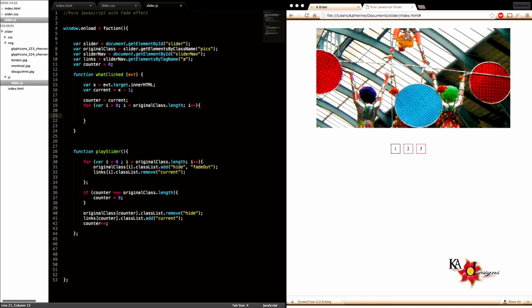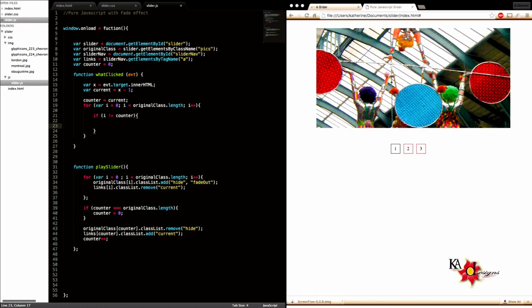So within this for loop now, we're going to put an if statement. So if i is not equal to counter, right? And remember when I spoke about that, i is not equal to counter. We want the original class i, whatever it is,